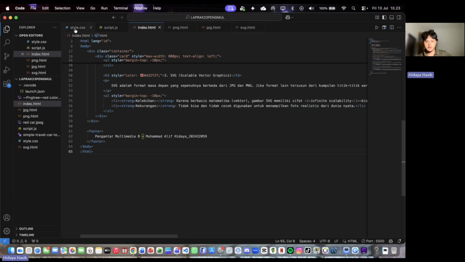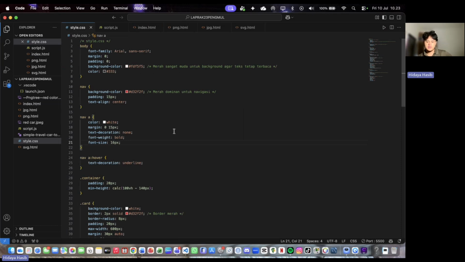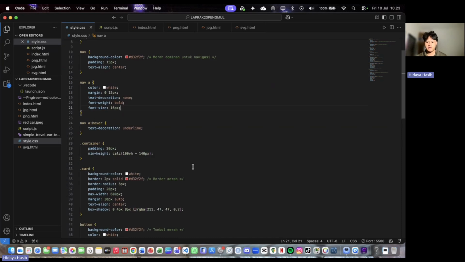I'll explain the CSS styling. Now let's look at the style.css file. As I mentioned in the beginning, I must use red as the dominant color. You can see here in the nav and footer selectors, I applied the background color, which is a strong dominant red. I also applied this red color to the text headings and the border of my card